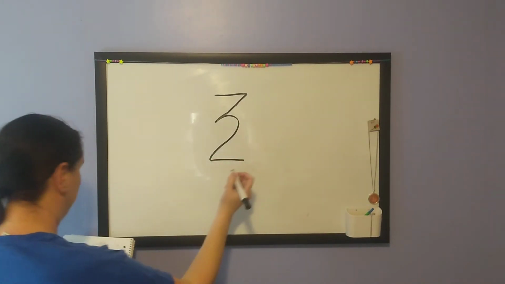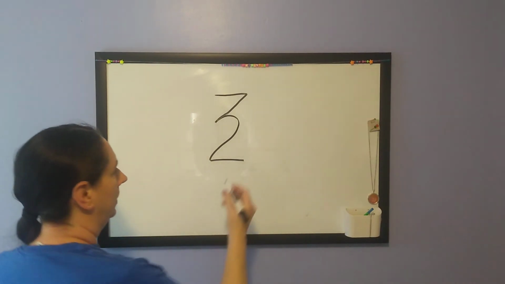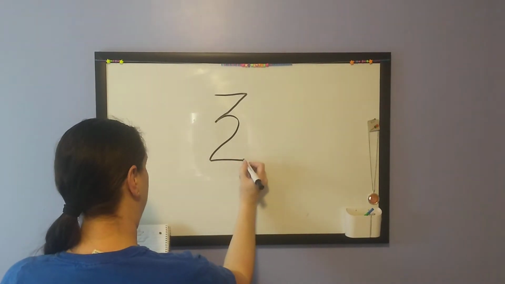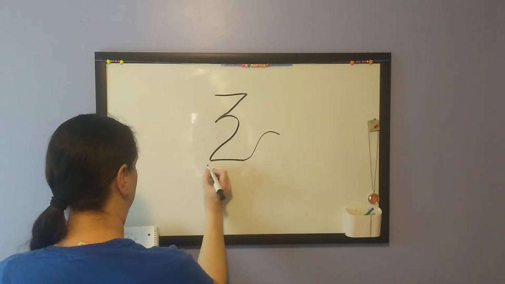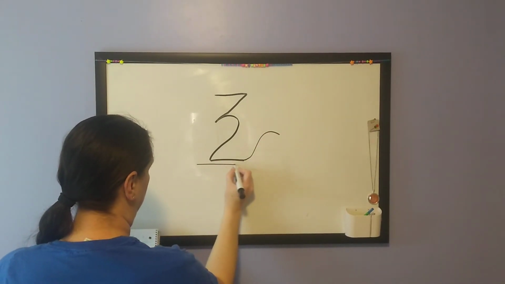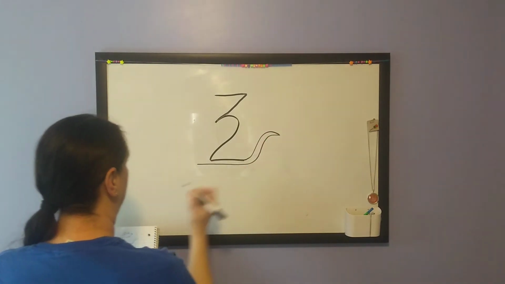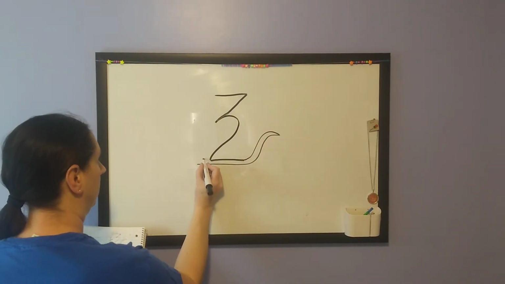I'm going to take this, we're going to be drawing a mouse, okay? So we're going to take this, and we're going to go and make a tail. Okay, we'll draw a little foot,